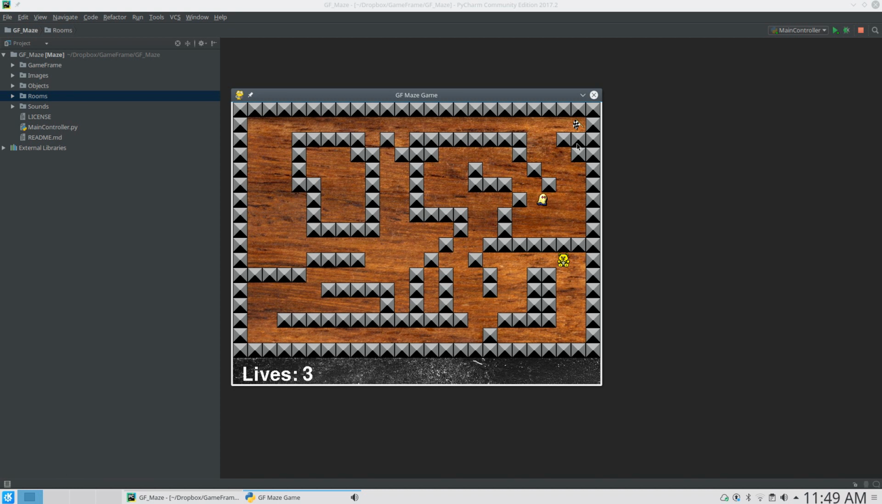lose a life. And we've got the end goal. Once you reach it, then you finish the game. We've also got some text down the bottom here that displays the current number of lives. And we also have two different types of blocks: the solid blocks that you can't go through, and the hidden doors. Now the way the teddy goes behind is we've also got layers or depth, so we can set the